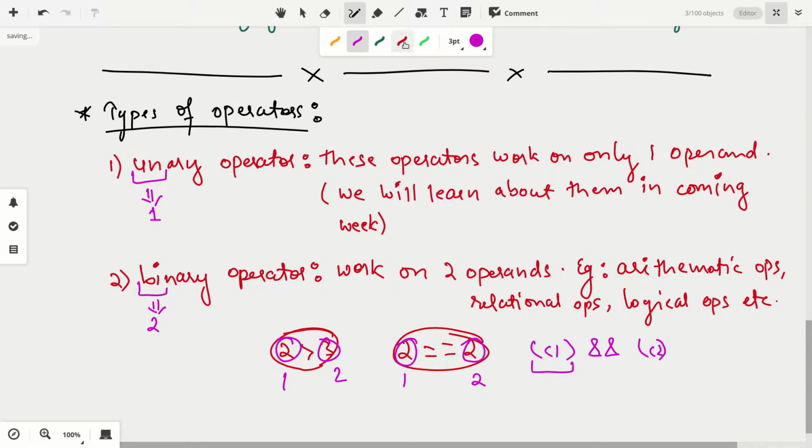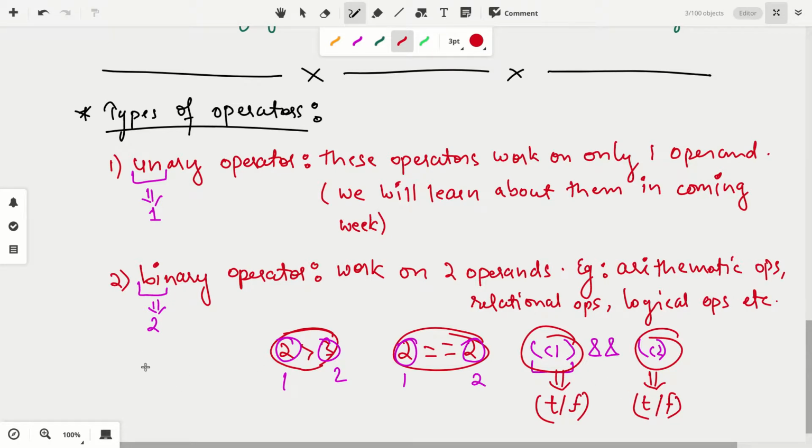So the result of this condition will give you one single true or false, and this will also give you one single true or false here, or one single true or false here. So they are also Boolean type values. These true or false values are also nothing but your operands. So these also separate 2 operands.